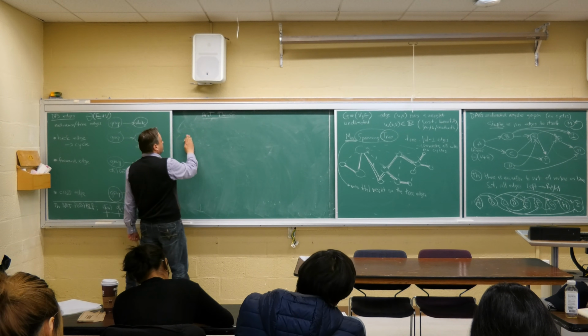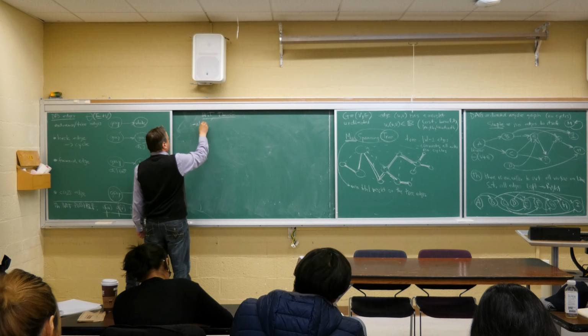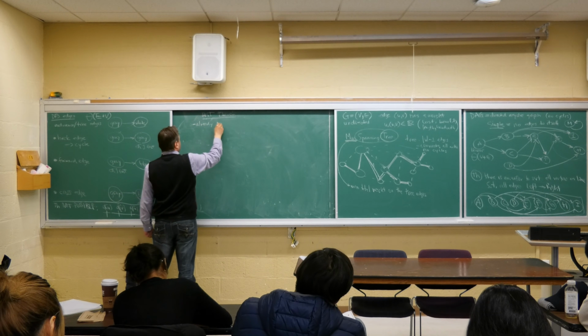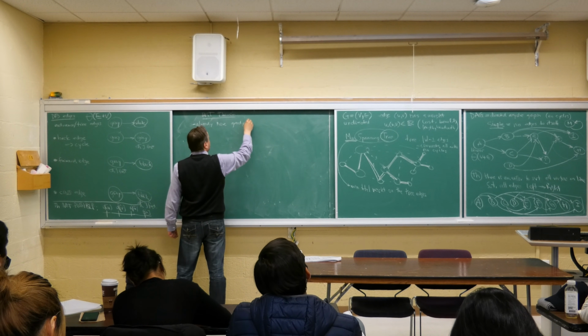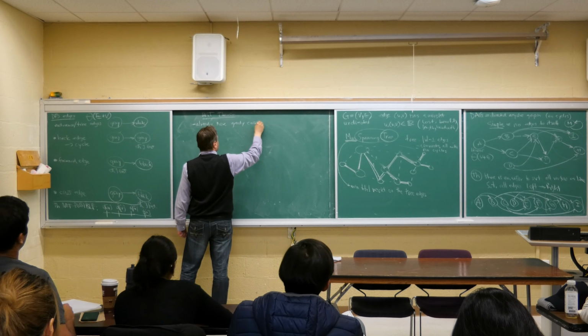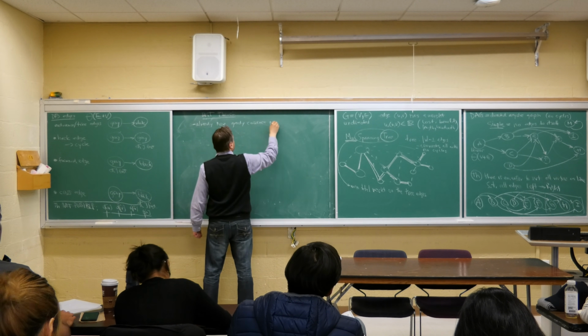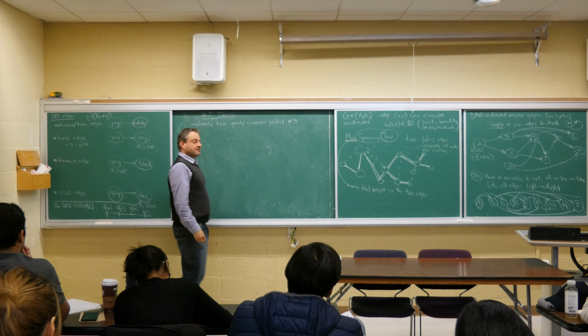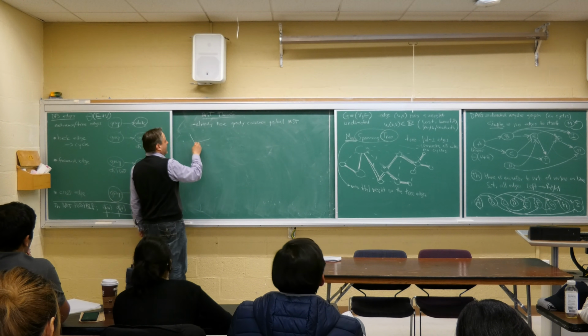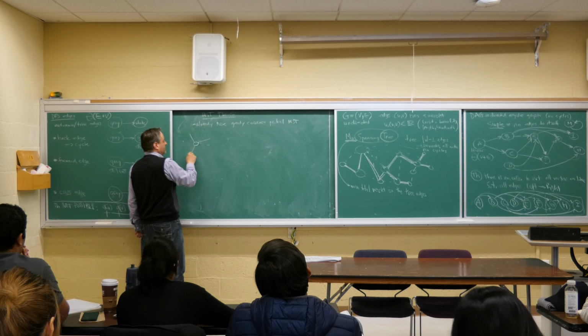It says, I already have greedy and correct partial minimum spanning trees. What I mean, I've already decided somehow that this is a good part of the spanning tree here,